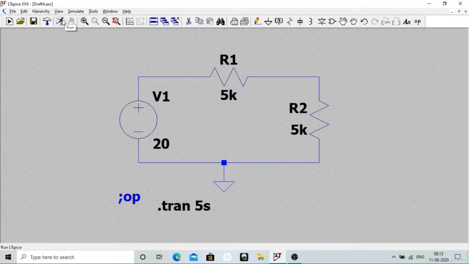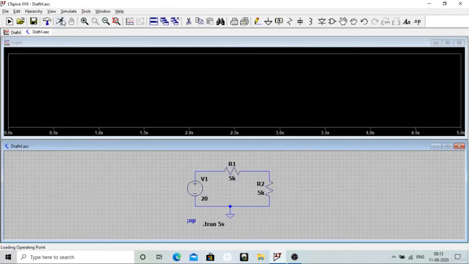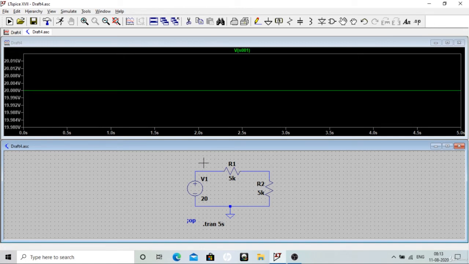So if I run it, you can see a dialog box appears where you can see the waveforms, and your circuit is down here. If I place my cursor, you can see in the bottom left corner, click to plot VN001.